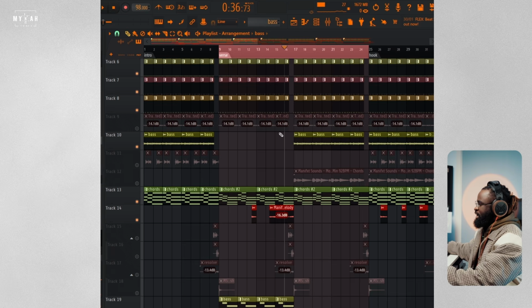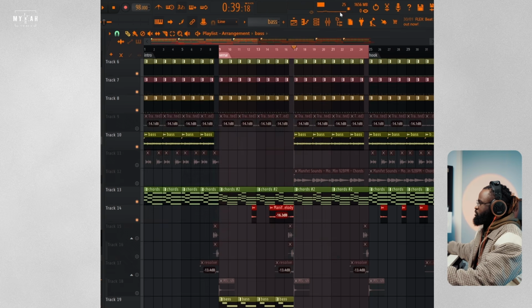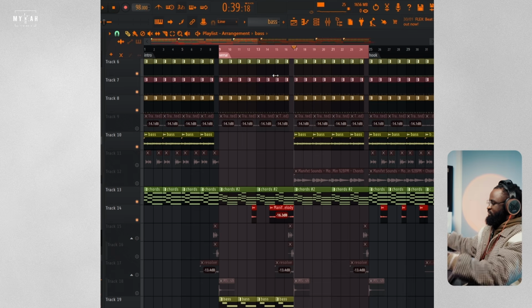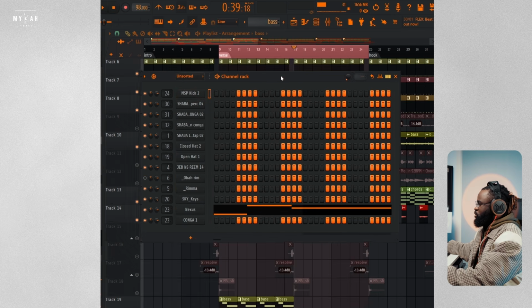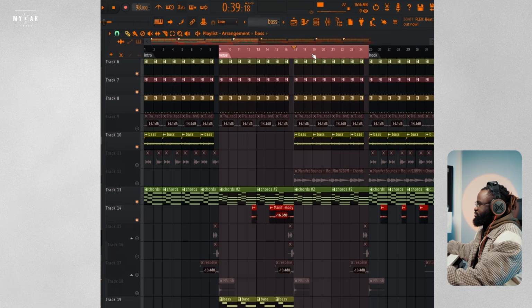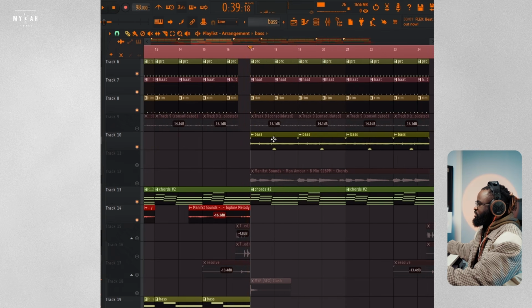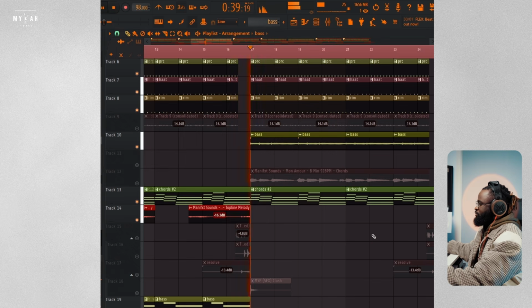For this part I did a change of bass. We have this bass, and I was watching Killer Tunes. The whole idea of this beat even came from that video. I was watching the Killer Tunes breakdown on YouTube of Ghetto Love, and that was where I got the idea for that bass. I can't even remember the bass plugin again, but I just consolidated it to have this. So just a glide bass. So together we have